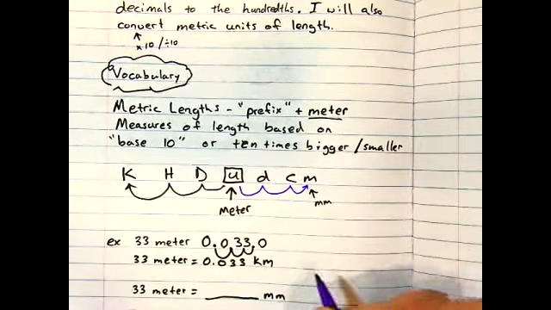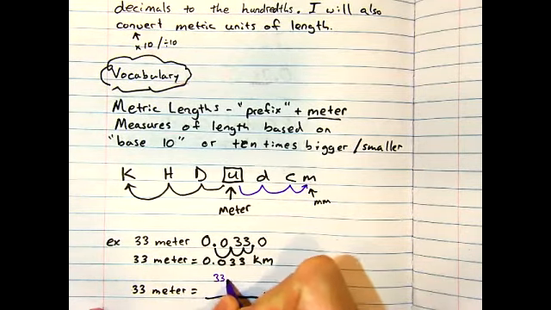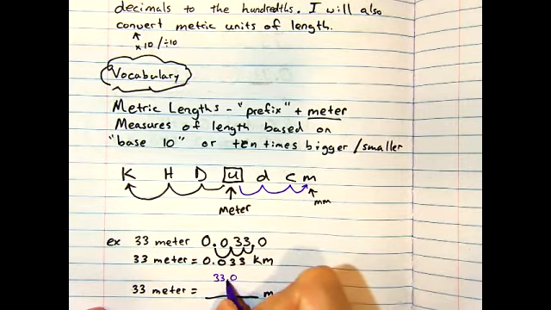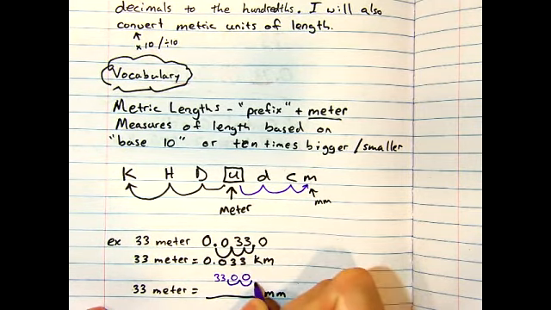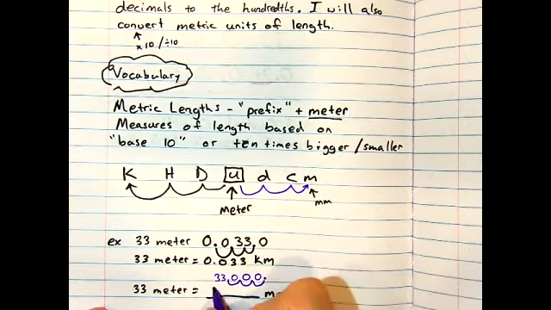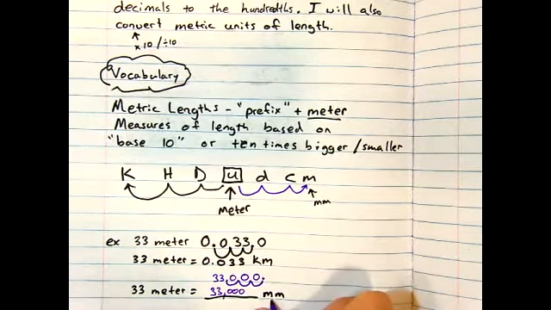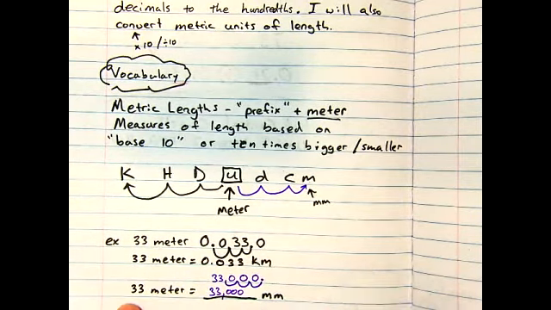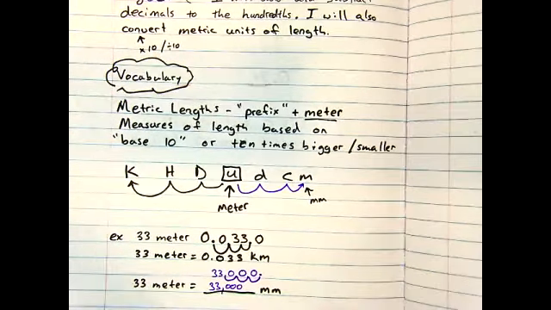I'm going to take my 33.0, I'm going to move my decimal 1, 2, 3 spaces. So I could say 33,000 millimeters is equal to 33 meters. So it's all about direction